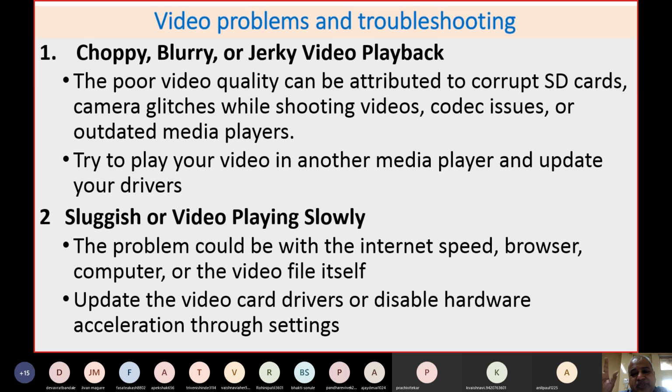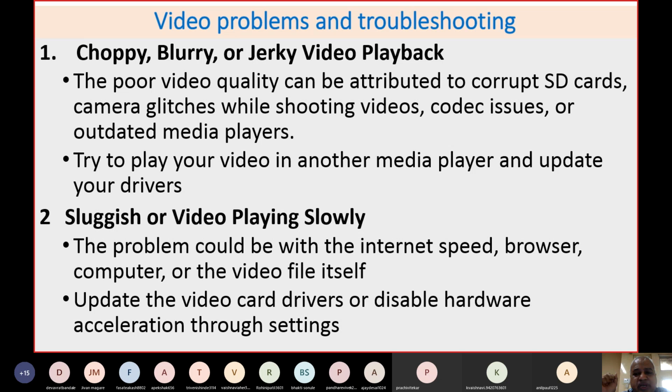There are many video players which do support most video files, so you have to install the respective media players which actually support those types of video files. If this problem continues, you can try to play your video in another media player and update your drivers if required.